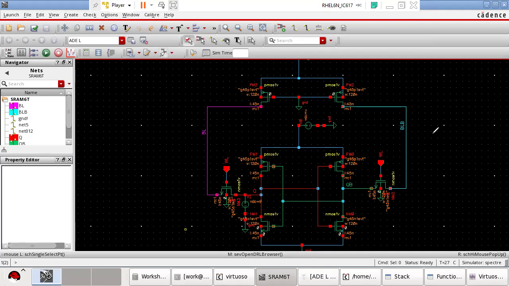Okay, so let us come back to what we said. Now I have made WL equal to 1. When WL is equal to 1, it means that